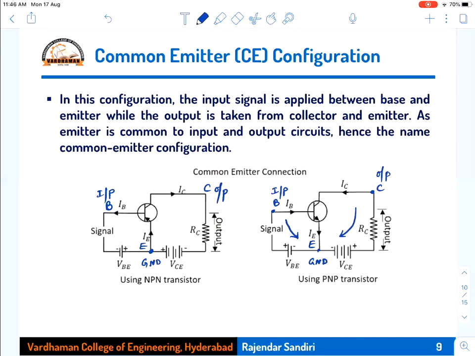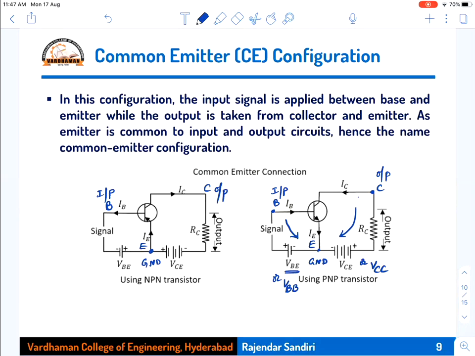Those batteries are represented by the input terminal and emitter terminal as VBE. Because emitter is common and base is input, VBE. Or otherwise, what is the other name for this battery? Not with respect to common, only with respect to input side, VBB. Now this battery is connected between collector and emitter, therefore VCE. Or if you don't consider the common terminal, what is the other name for this one? Only output terminal, VCC. Only in terms of input terminal is VBB. In terms of input and ground, output and ground it is VBE, VCE.